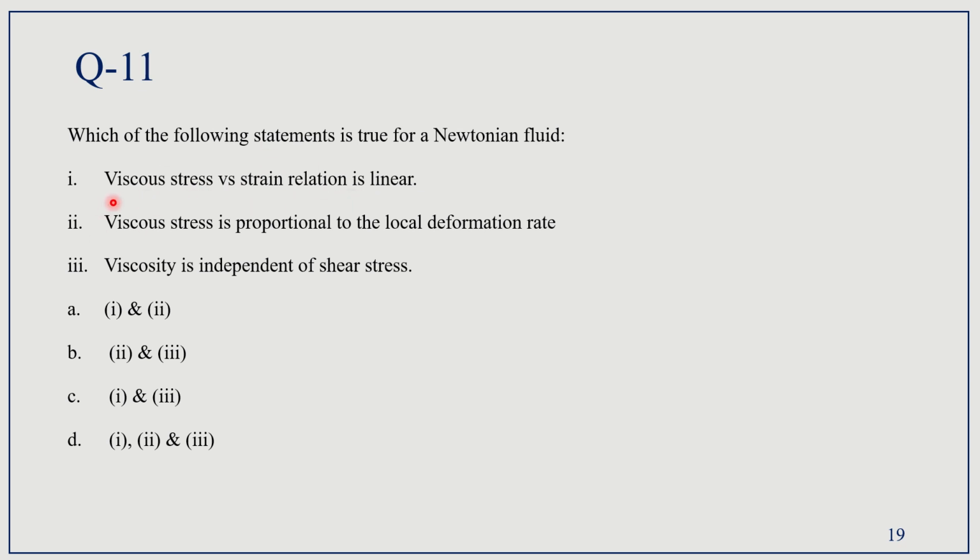Statement 2, viscous stress is proportional to the local deformation rate. It is true because stress is proportional to the deformation rate. And statement 3, viscosity is independent of stress. Again this is true because the question is about Newtonian fluid. In Newtonian fluid, viscosity does not depend on how much stress we are offering; the stress we are giving does not influence the behavior or the viscosity of the fluid. That is true for the Newtonian fluid. So statements 2 and 3 are right,